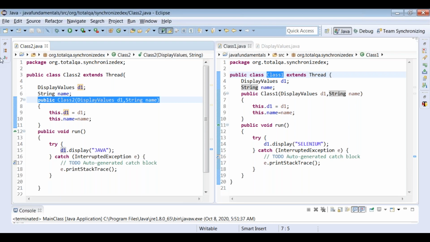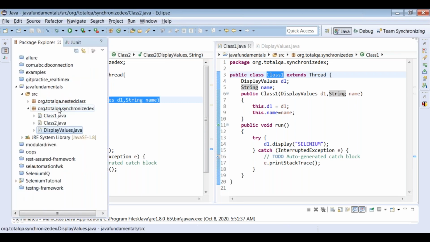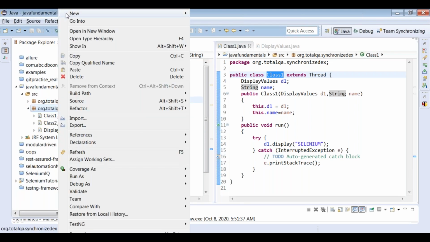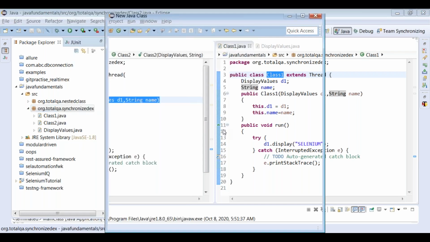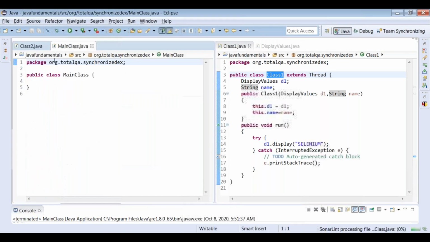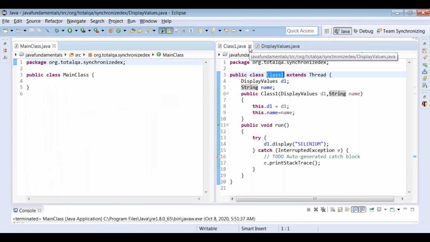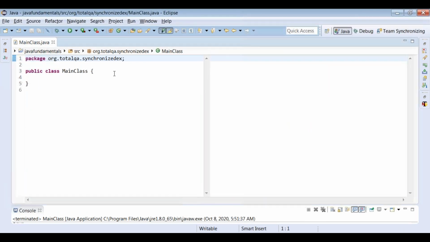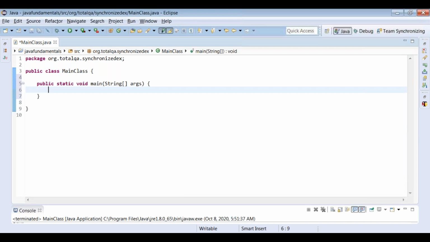So now let's look into the main class. The main class will call these two classes. Let me create a main class. Let's close all now: close Class1, close DisplayValues. Let's observe carefully now. In the main class, we will create an object of DisplayValues d1 first.